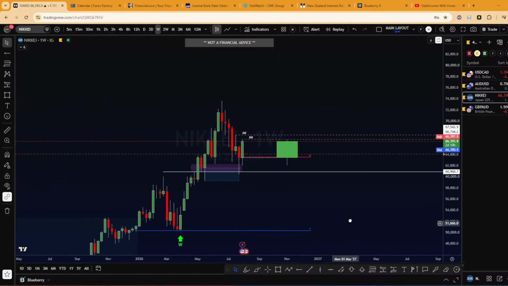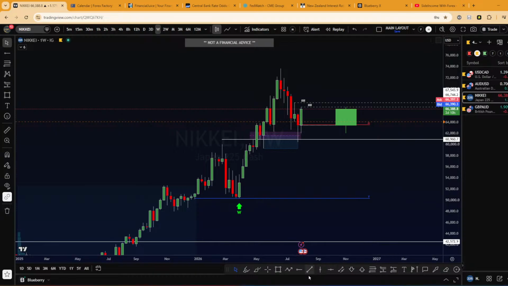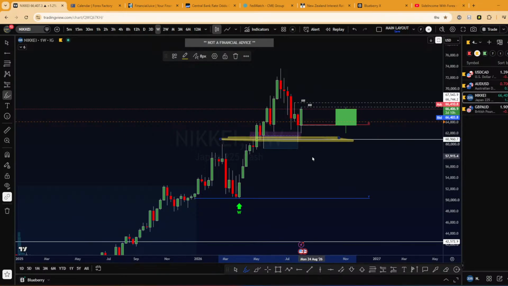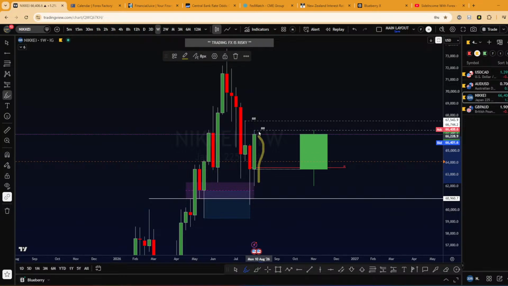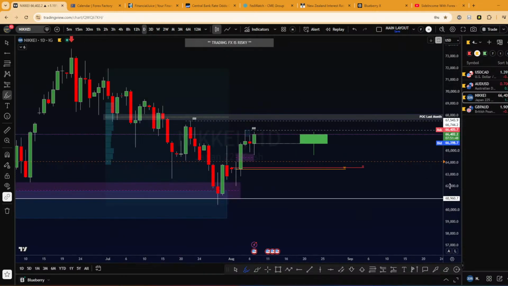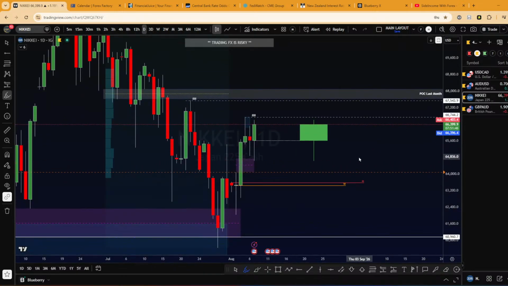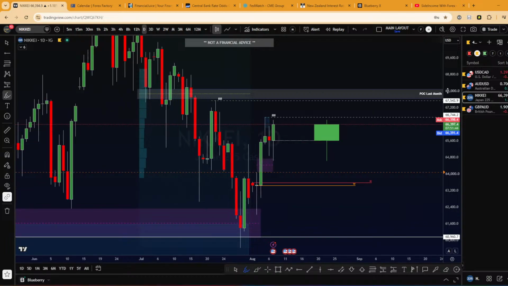Why? Because on the Nikkei, we touch an important higher time frame level. We rebounded off of this level right there. So very strong level. So you see this bullish movement. For me, the next target will be this first. So that's why I think that we could continue the movement.